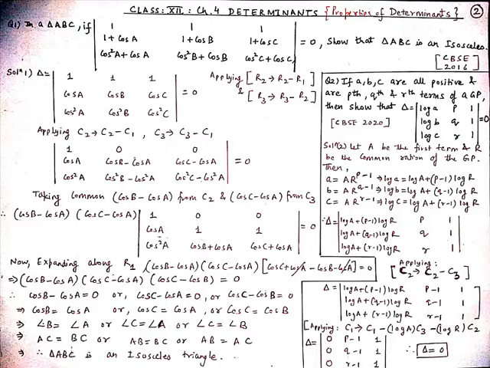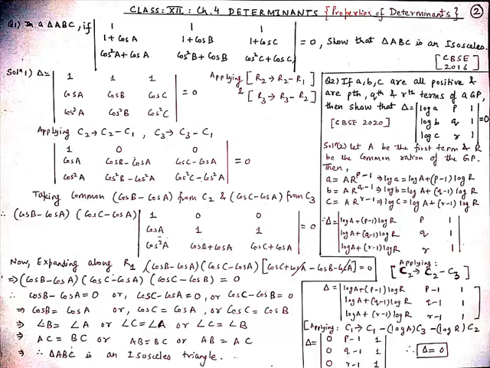And now we have 3 ones in our row R1. So we will make 2 zeros from here by applying column operation, which is C2 tends to C2 minus C1 and C3 tends to C3 minus C1. So by applying this column operation, the elements of column C1 will remain unaffected, so write them as it is. When we apply C2 minus C1 in our column 2, we get 1 minus 1 which is 0, cos B minus cos A, and then cos square B minus cos square A. And then when we apply C3 tends to C3 minus C1, 1 minus 1 is 0, and then cos C minus cos A, and cos square C minus cos square A, which is equal to 0.